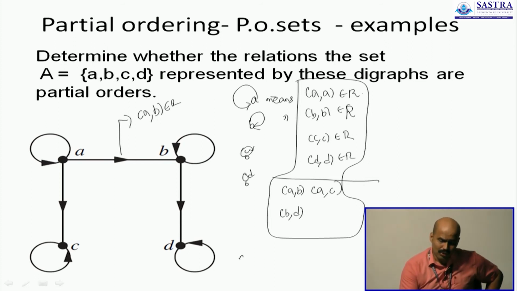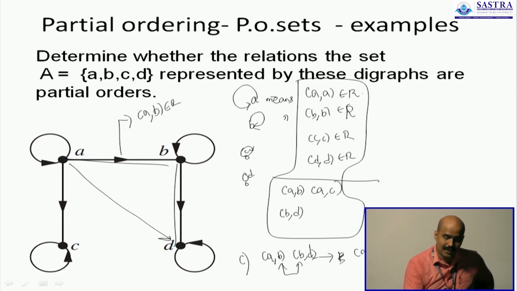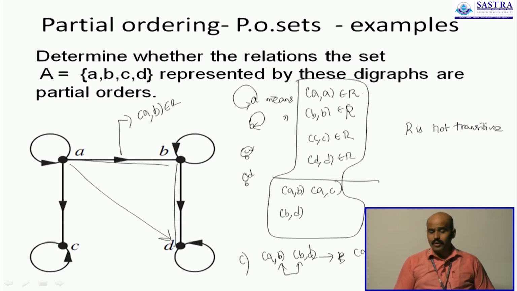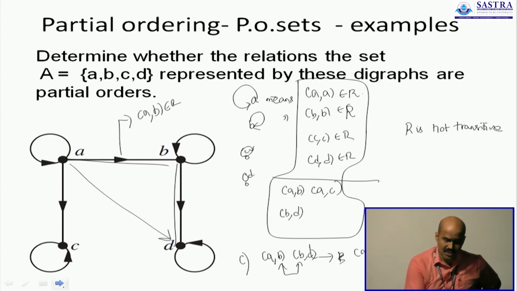But once we look at the transitive nature, it is easier to say that the given relation is not transitive. You have A to B and B to D, but that doesn't mean that you have A to D. A to B and B to D should actually imply that you also have a pair from A to D. You don't have the pair A to D, therefore R is not transitive. And since it is not transitive, you don't have to worry about the set forming a partial ordered set, that's absent.